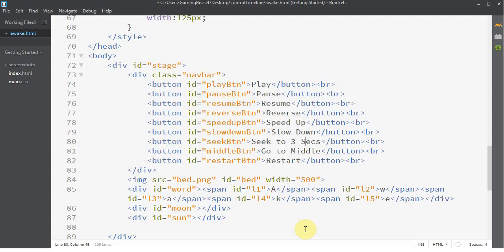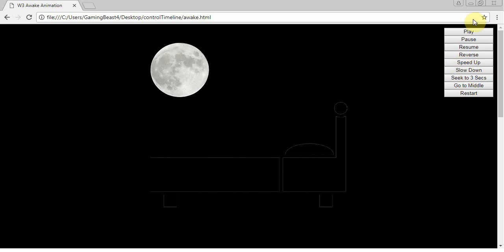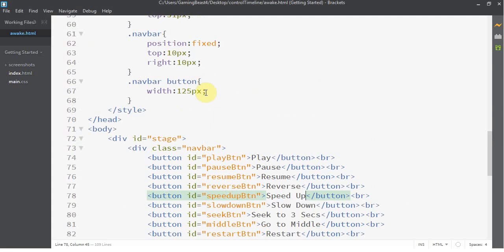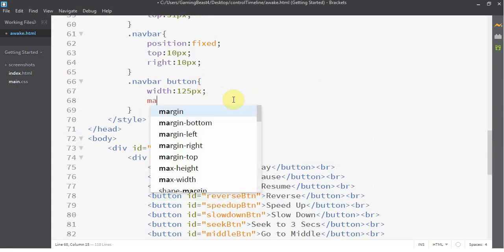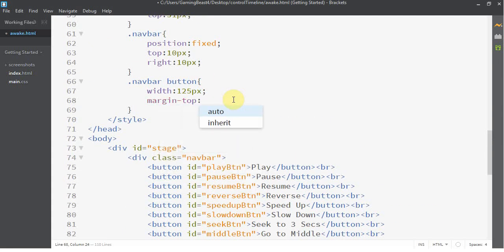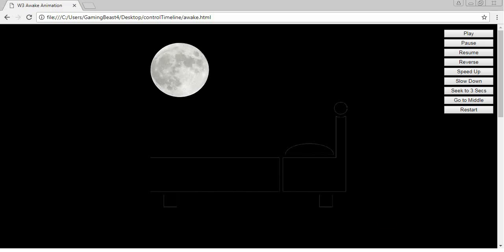capitalized here. Okay, so shortening that made it do what I want. I want some space in between these buttons, so I'm going to go over here. I'll say margin top. Let's go margin top of, I don't know, 5 pixels. So that gave a 5 pixel top margin to every one of these buttons, and it kind of separated them out a little bit. And that's good because it'll make it easier to click on them instead of accidentally clicking